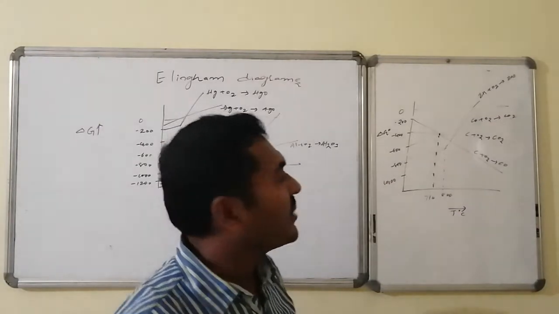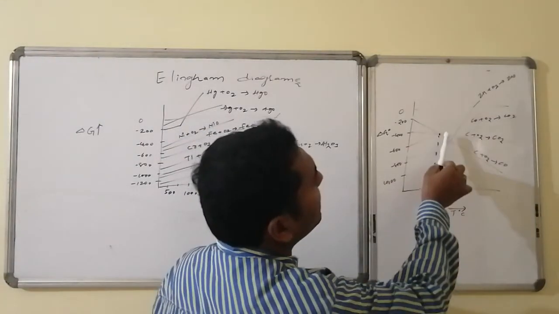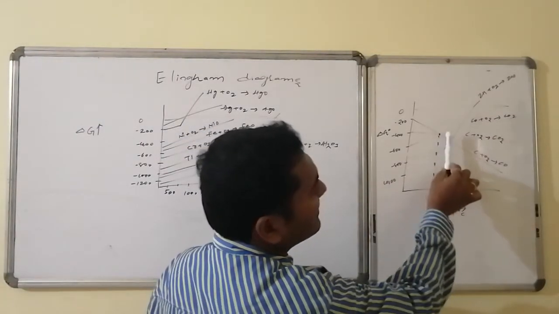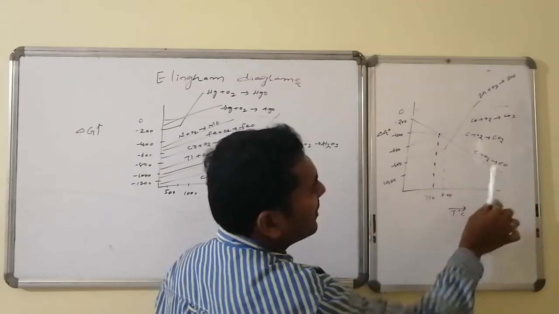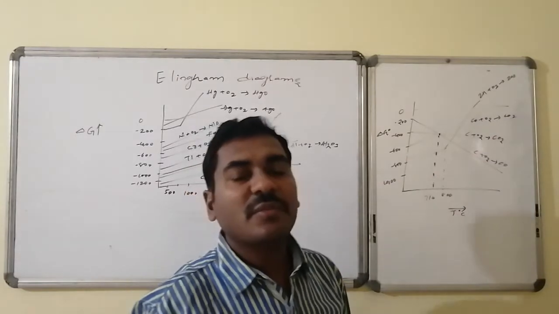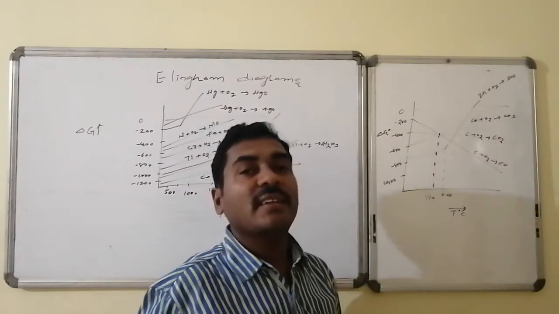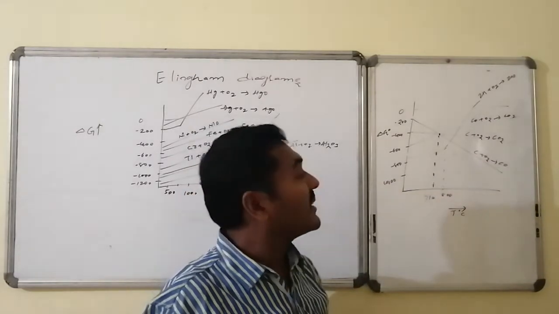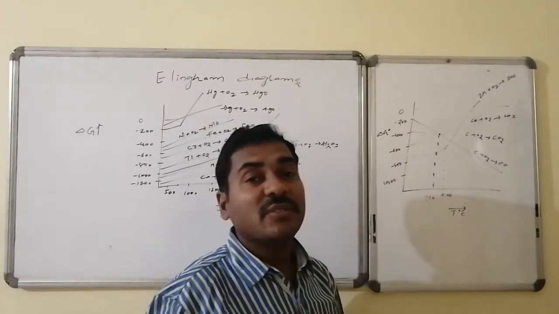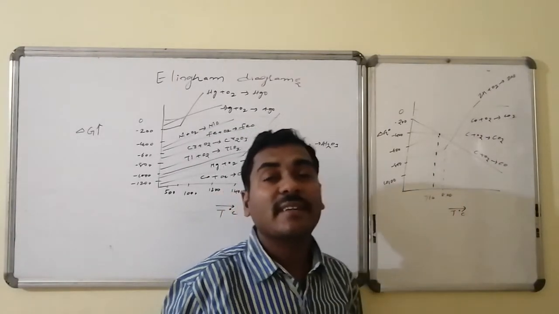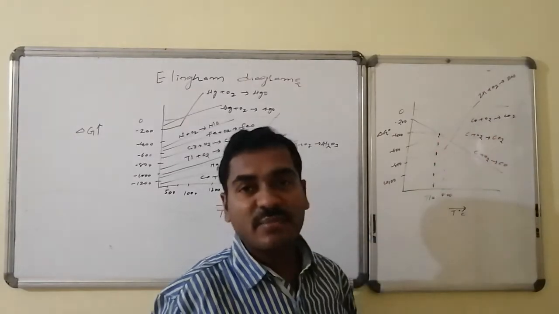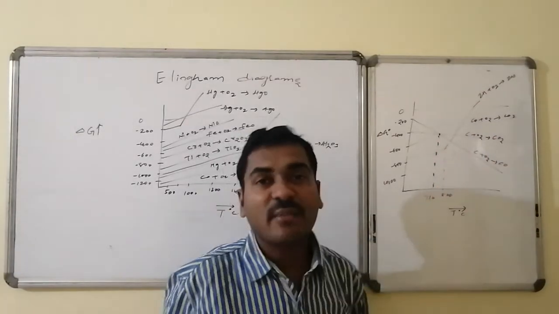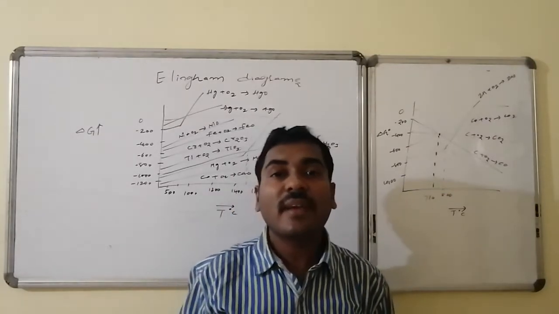Whereas if I go to the above values, if I increase the temperature, carbon monoxide formation is associated with the highest minus delta G. Hence above 710 degrees centigrade, carbon is acting as the best reducing agent, whereas below 710 degrees centigrade, carbon monoxide is the starting material and hence acts as the best reducing agent. Above that, carbon is acting as the best reducing agent.